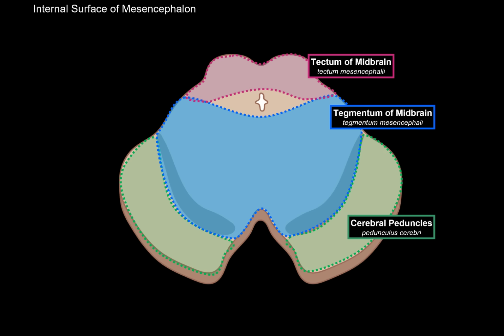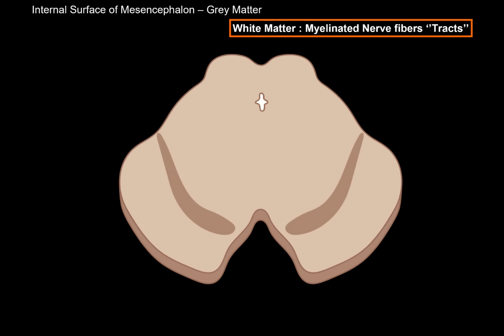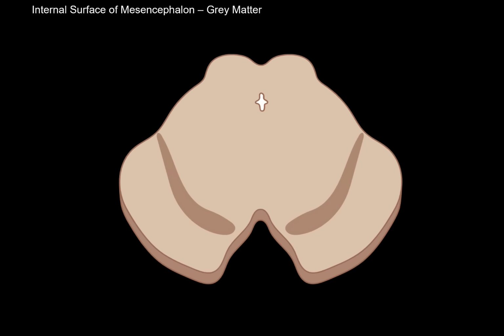Now let's go through all the internal structures, starting with the gray matter. And just to remind you again, white matter consists of myelinated nerve fibers. So when you go through the white matter, we talk about tracts. Gray matter contain nuclei of neurons, so structures in gray matter are nuclei. So the first gray matter structure we're going to talk about is the red nucleus, or nucleus rubri. These nuclei are pale pink in color due to the presence of iron, as either hemoglobin or ferritin. These nuclei are a very characteristic part of the midbrain, and they contribute to the extrapyramidal pathway of coordinating voluntary